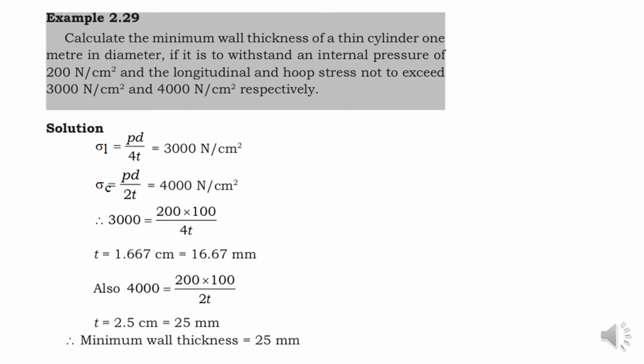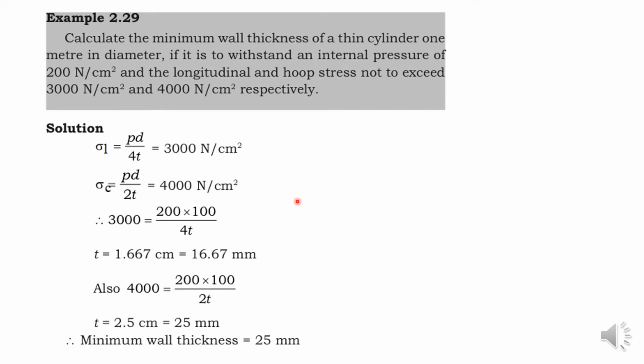So the next question: calculate the minimum wall thickness of a thin cylinder 1 meter in diameter if it is to withstand an internal pressure of 200 Newton per centimeter square, and the longitudinal and hoop stress not to exceed 3000 Newton per centimeter square and 4000 Newton per centimeter square respectively. So we have to find the minimum wall thickness for a thin cylinder which has a diameter of 1 meter and has to withstand an internal pressure P equal to 200 Newton per centimeter square,